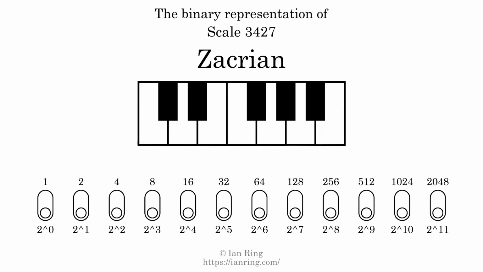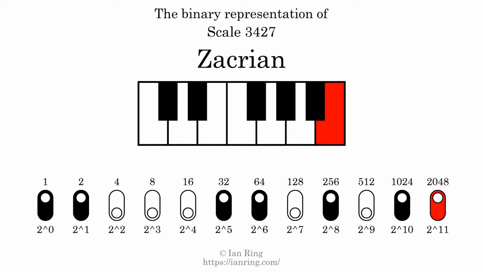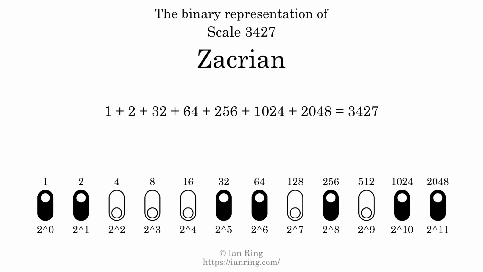The binary representation of this scale is determined by mapping tones of the scale to binary digits. Each binary digit represents a power of 2. To get the scale number, we add the powers of 2 together. The powers of 2 that are present in the scale, all added together, equals 3427. That is why the scale number, in decimal, is